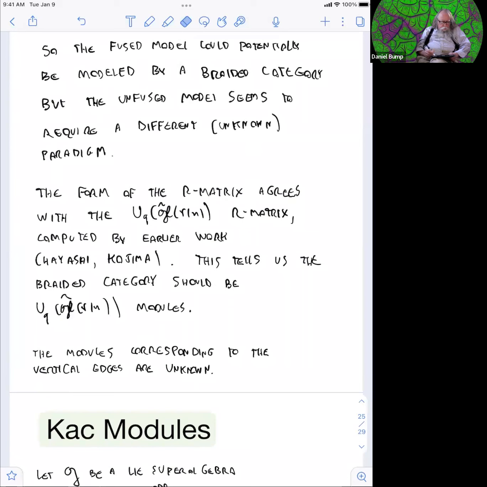So it's natural to ask for the vertical edges to have some interpretation as being related to modules. I want to mention, how do we know that the quantum group is this, given that our understanding is imperfect? Well, the R matrix itself can be identified with the R matrix for this quantum group, U_q of GL hat, R mod n. There's actually a Drinfeld twisting, which I didn't mention here,